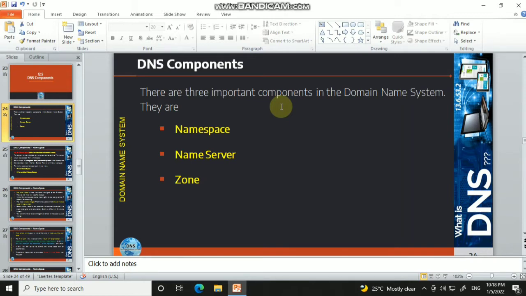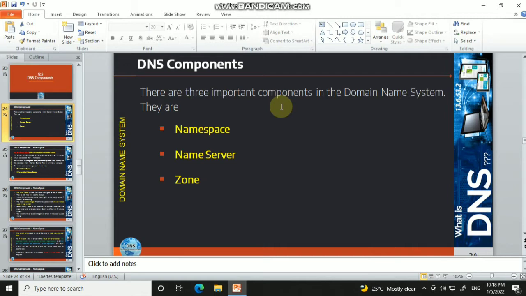So earlier we were discussing what you mean by domain, what is an IP address, how domain names are mapped with the IP address, and then we were dealing with IPv4 and IPv6 addresses. Then the types of URL address. You have absolute URL address and relative URL address.